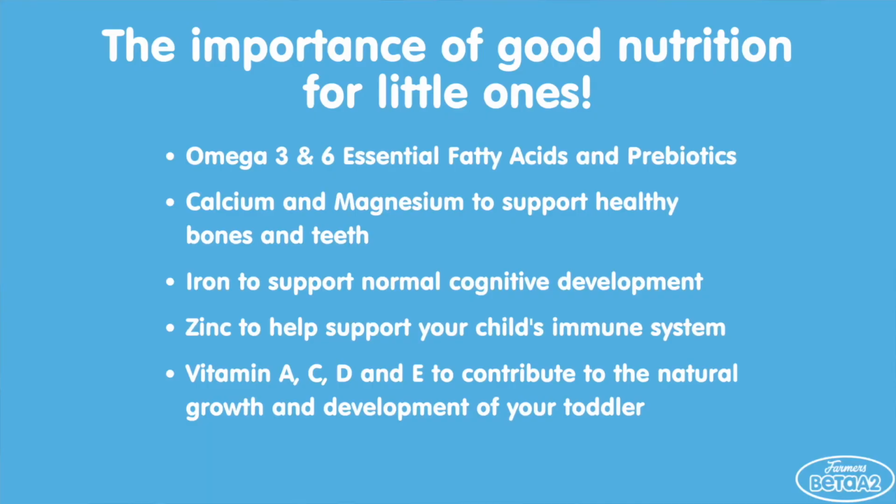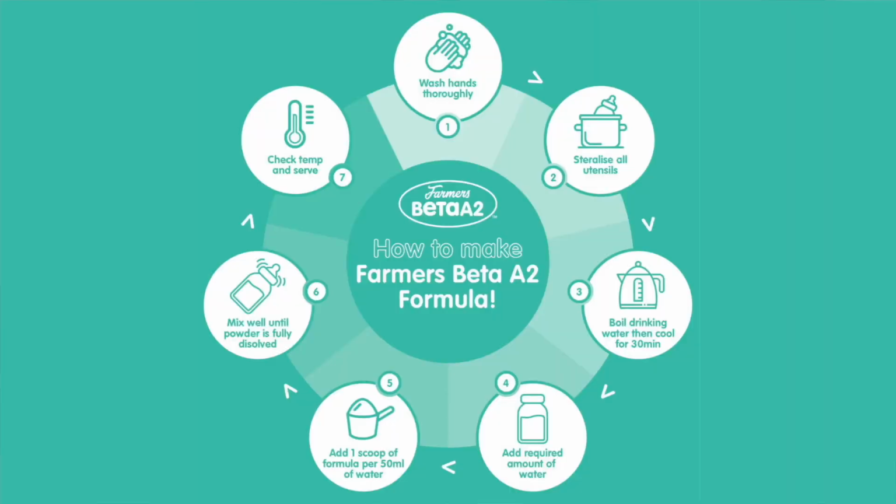I do want to point out that the Farmers Better A2 range also ticks all the boxes when it comes to covering your growing little one's nutritional needs. They all have the correct balance of essential fatty acids, prebiotics for their guts, minerals to support healthy bones such as calcium, and also to support their cognitive development. They're set up to support strong immune systems and are a perfect blend of fat-soluble and water-soluble vitamins as well. It's important that you make up the formulas as outlined on the tin to ensure your little one is safely getting the nutrition they need for growth and development. Farmers Better A2 protein formula offers an alternative cow's milk formula and is suitable for all babies who require